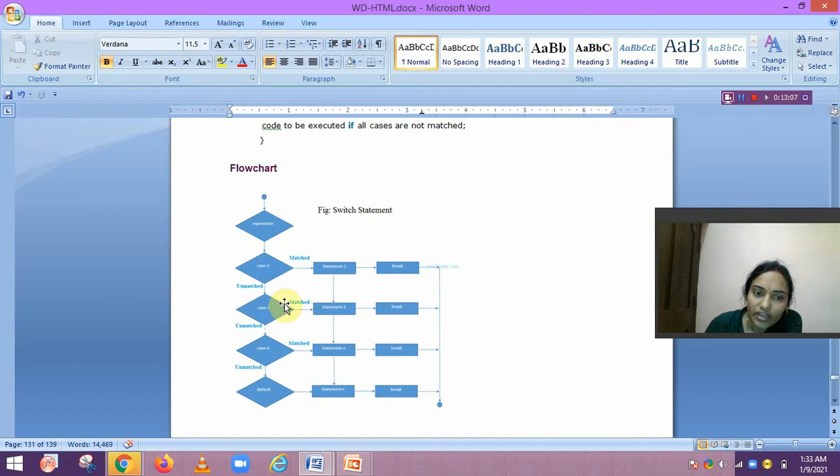If case 2 is not matched, then it will come to case n. If case n is matched, then it will execute statement n, then break. If not matched, then it will come to the default case which will be given, and then the statement for the default is executed and then break.